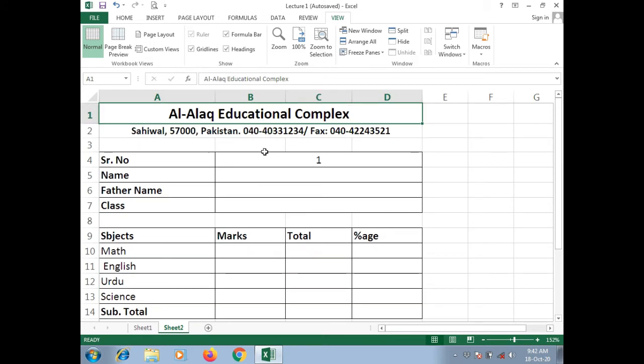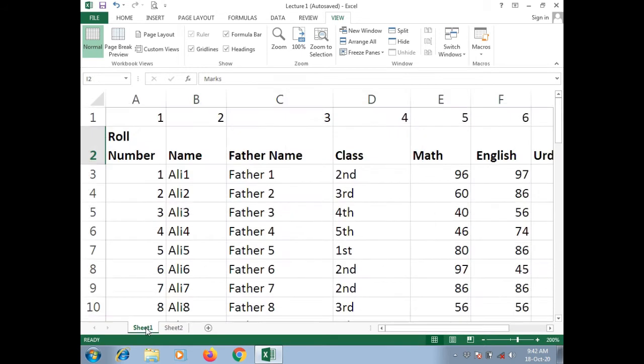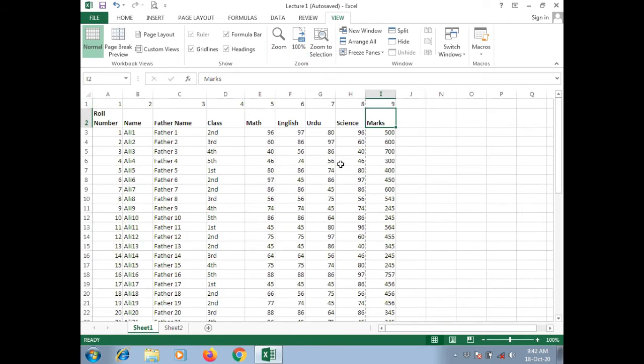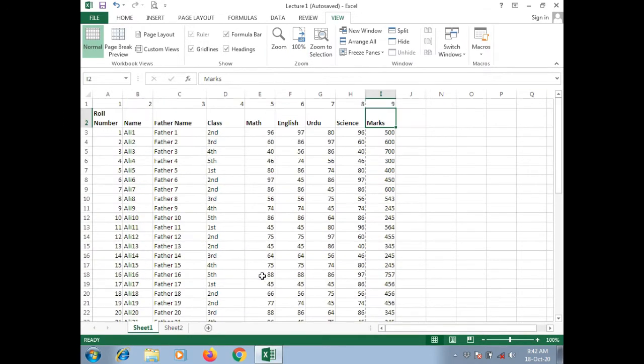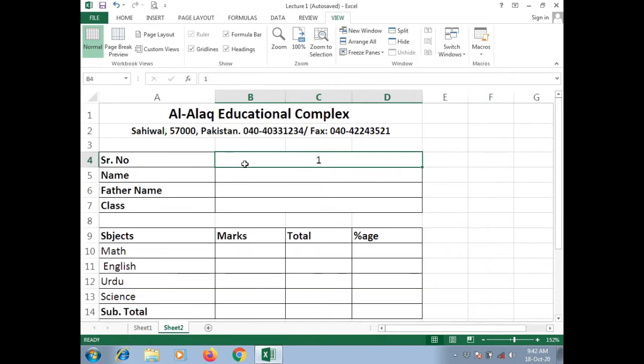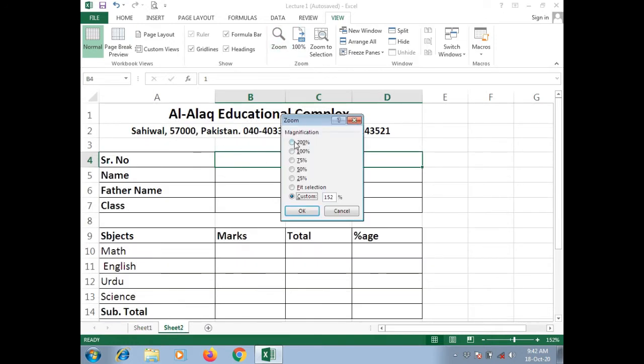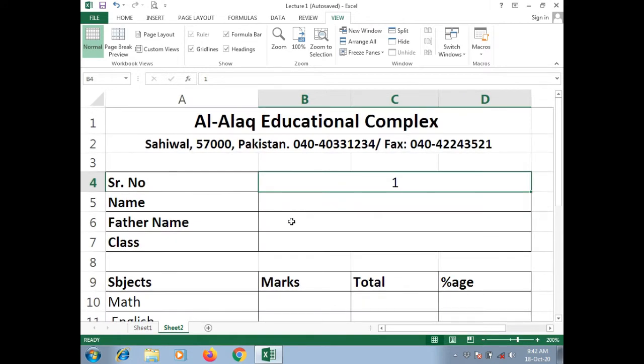So we will just enter the serial number, and it will automatically fetch the entries from the other sheet, and this is our compiled data of, say, 50 students. Now we will learn how to enter a VLOOKUP formula. I'm going to maximize it so that you can see how to enter it.